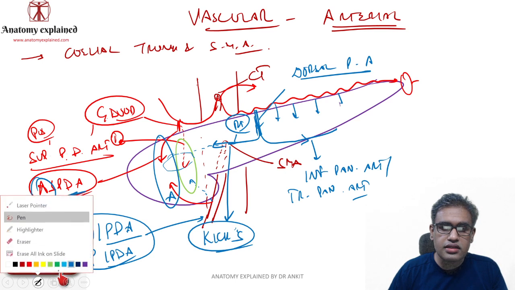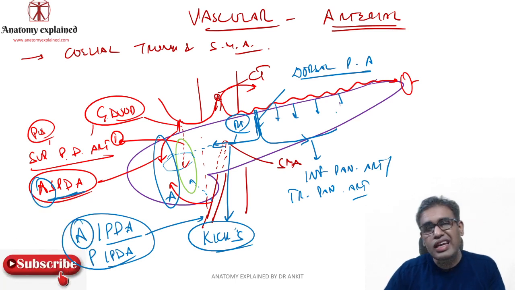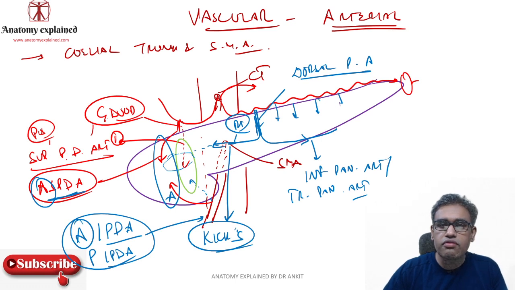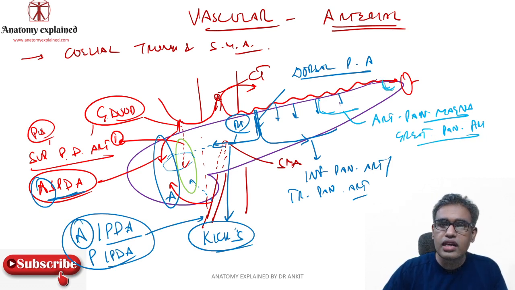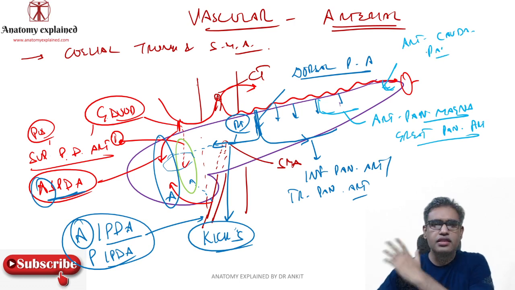Now, as the splenic artery is traveling more to the left side towards the splenic hilum, it will give off various branches, but one of the major branches is known as arteria pancreatica magna, or the bigger artery, also known as the great pancreatic artery. It is one of the major branches going to supply the body and tail. Close to the tail, it will also give off arteria cauda pancreatis, the artery to the tail of the pancreas, and then it will go to the splenic hilum with the subsequent branches.